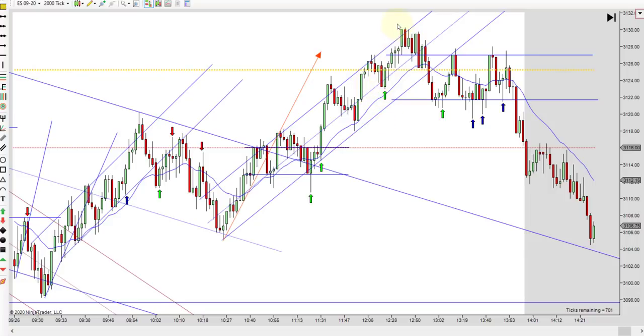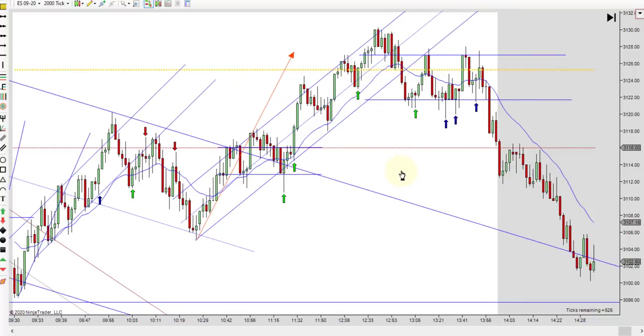But we push up here and we get another overshoot. That's two in a row, and so you've got to be careful. And here's another one. Notice we had a second entry long right there, and it closes up here. And see how that one failed? So that's why I'm a little leery of that one.